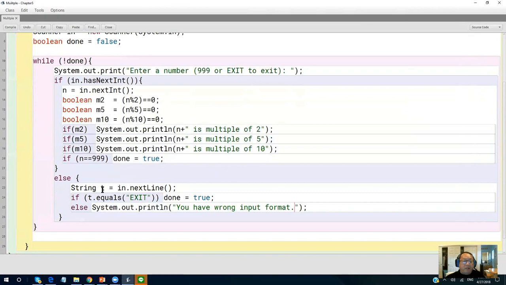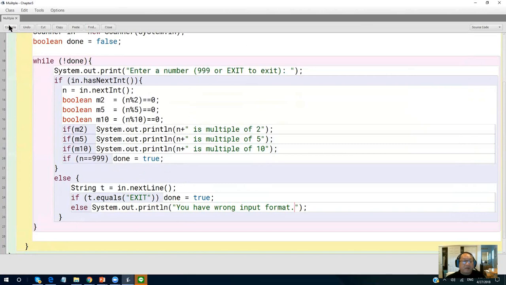If not 999, and I type in exit, it will not be accepted for integer, but you will go here, and then you will say if this equals exit, then I set done equals true, and then I go back, and you will get out, right? And then if it's not even exit, it's something you type, whatever string, it's not actually a number, then I'll get out.